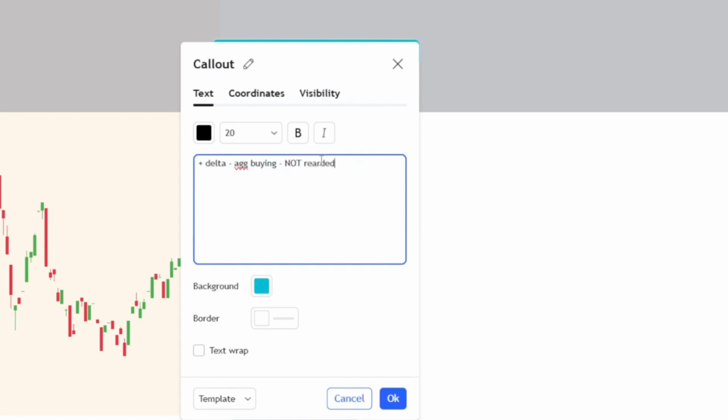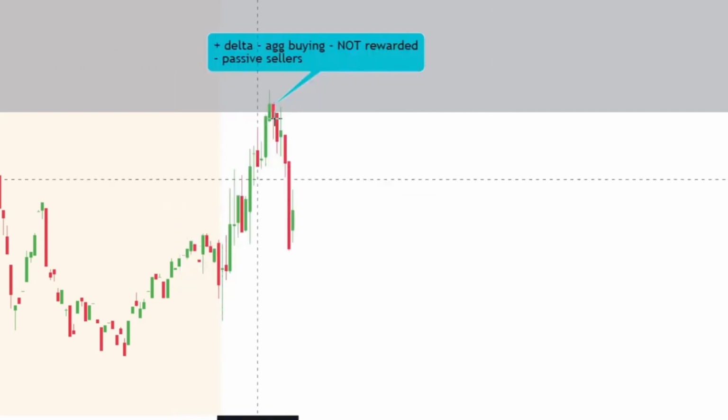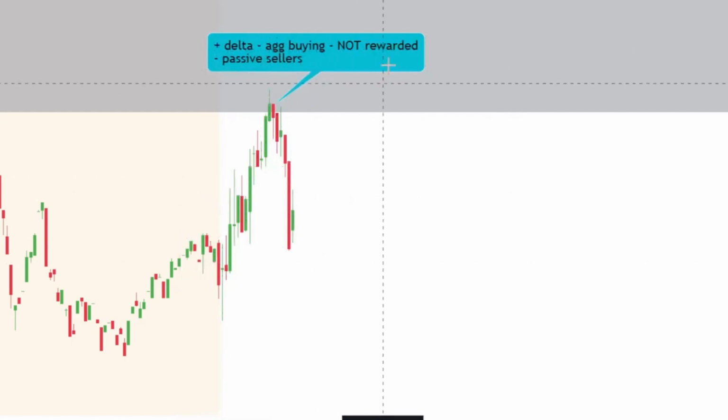Not rewarded, right? So this shows you that supply is currently strong. In technical terminology, it shows us that there are passive sellers sitting there. So when we have lots of aggressive buying and it's not being rewarded, what we need to understand is that there are passive sellers sitting here in this zone. And this is what